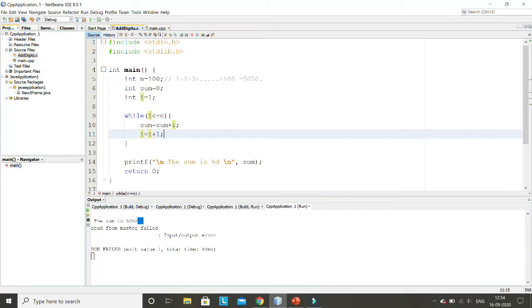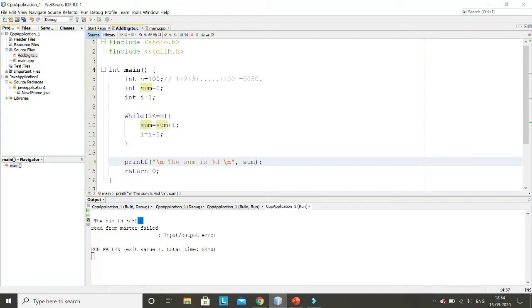And from here again we'll go to the while loop. And now again I will check if the new value of i is less than or equal to n or not. Yes, new value of i is 2 and n is 100, so it is still less than 100. So again this condition will be true, so again it will come here, and again it will do sum equal to sum plus i. So what is the current value of sum? Current value of sum is 1. So now 1 plus 2 is 3. So new value of sum will be 3. In this way it will continue again and again until the value of i reaches 101. The moment the value of i reaches 101, this condition will be false and it will come out here and print the current value of sum.